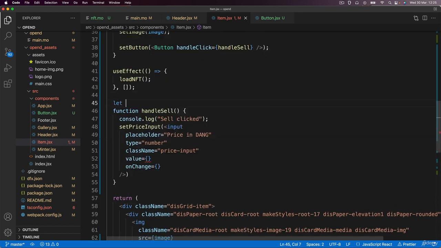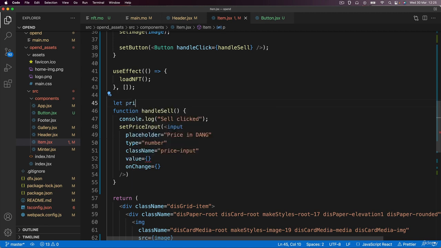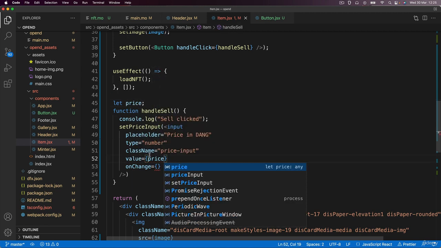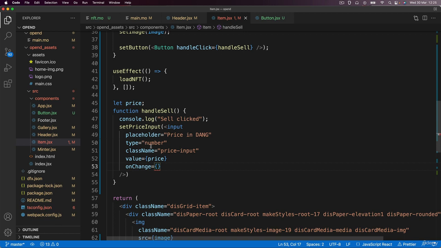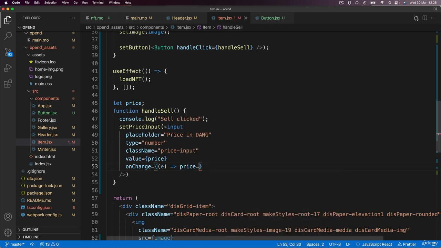And we want to create a variable with the let keyword called price, which is going to be used to display the value that has been entered into this input. And we also need to update the onChange to set this price whenever the user types into the input. And in the output section, we're going to set the price to equal